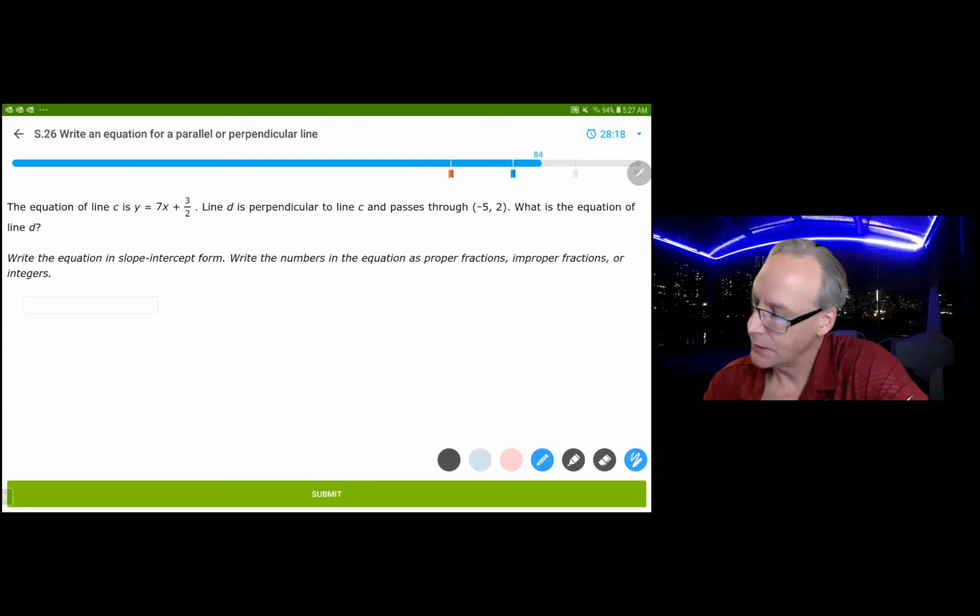All right. 7 is our slope. We want it to be perpendicular, so we're looking at a slope of -1/7. There's our point. It's going to be a pretty ugly fraction. So we're going to have y equals